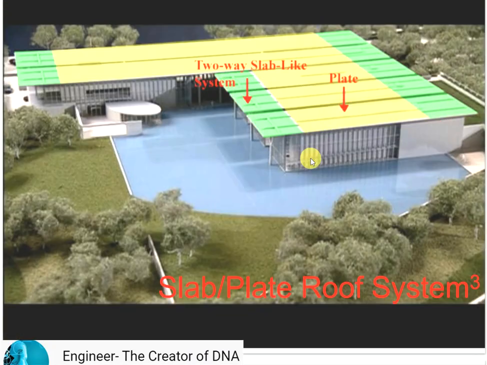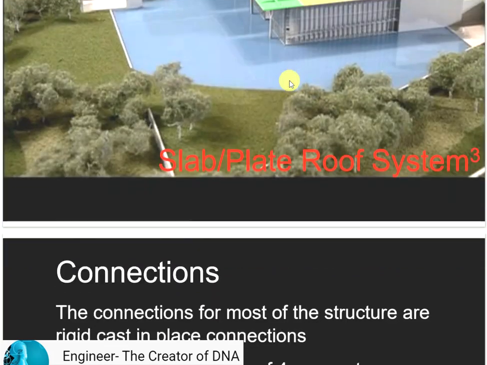You can see here the two-way slab system. Here is the plate system. It says this is the one-way slab. Here is a two-way slab. Here is a cantilever portion, and the load will be taken from the cantilever also, half of the load here and half of the load on the cantilever portion area. So this is the critical area. They need to provide one column with two load transfers. That's why they make the Y direction slab plate roof system.